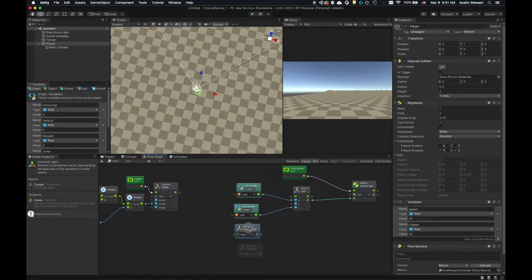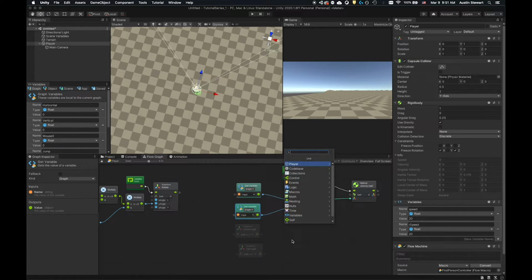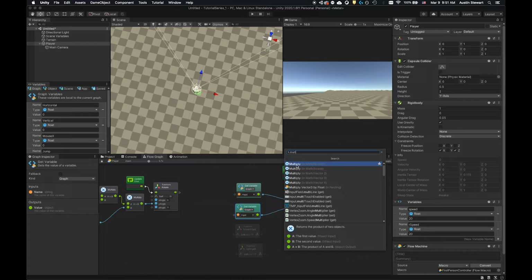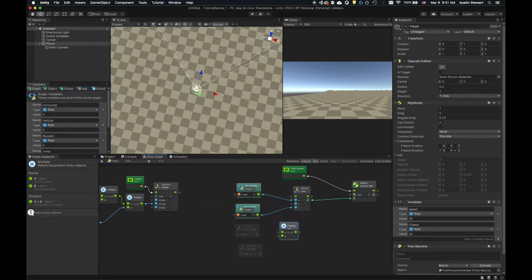So let's go ahead and do that. So we've got our transform and we've got our speed. And so what we need to do is take this speed, multiply it by our transform, and then feed that result into our velocity. That's the most basic form. And so what we're going to do is go ahead and create an add unit, and we are going to say multiply. And what we want to use is the generic multiplication,